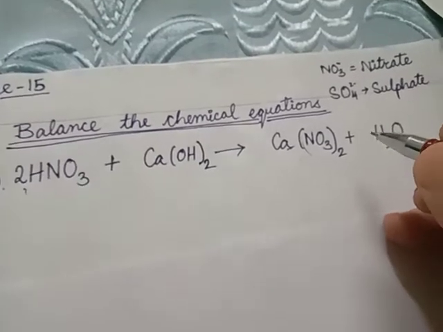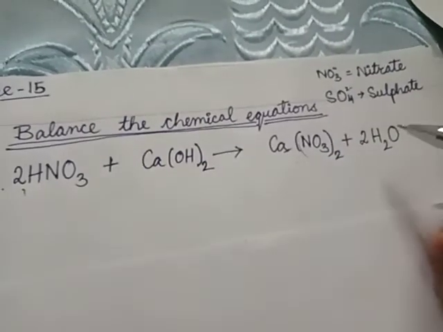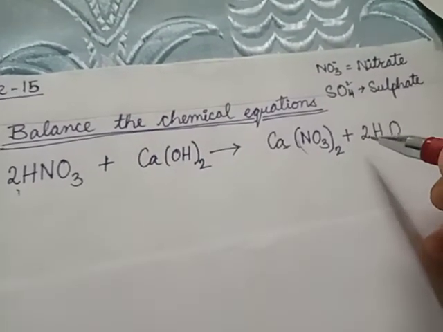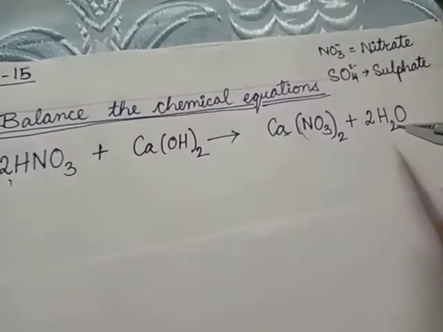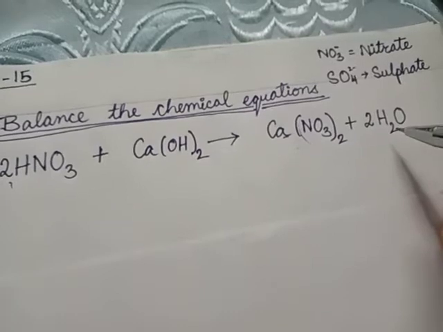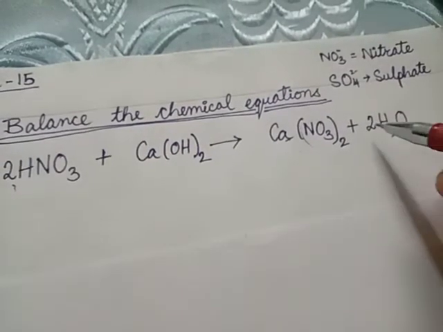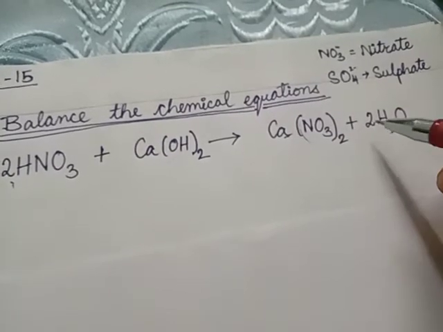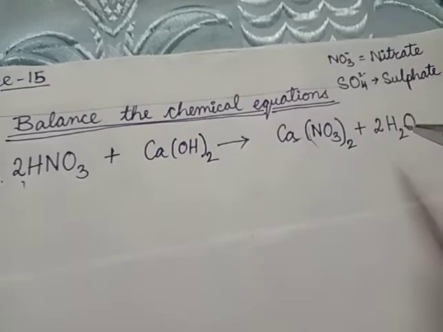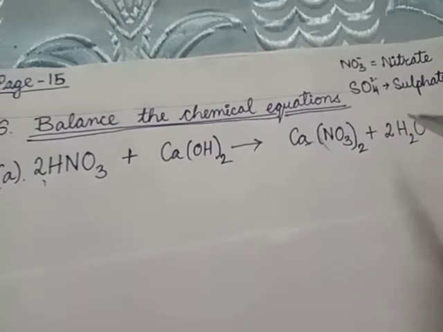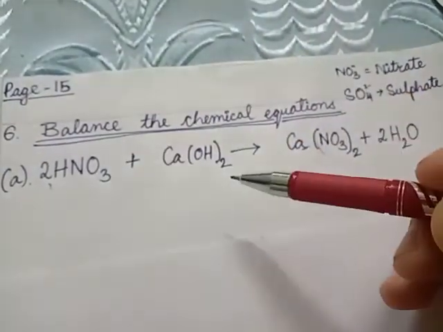So we'll put a number in front of this whole formula. We'll put number 2. Now when we put this number 2 here, what is the number of hydrogen atoms here? Here you see the subscript is there. We need to multiply this number with the number in front to know the total number of hydrogen atoms. So 2 into 2 is 4. So now the number of hydrogen atoms is also balanced: 4 hydrogen atoms here, and 2 plus 2, 4 hydrogen atoms as a whole.